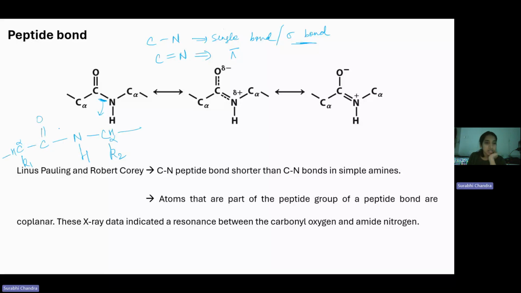Let's suppose this has a lone pair. What happens is it goes in there, then again when it comes here, it again comes there, then this goes back here. So this is how it takes place. So what happens here is